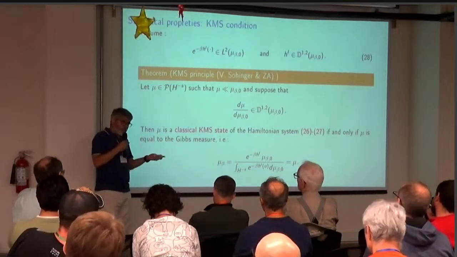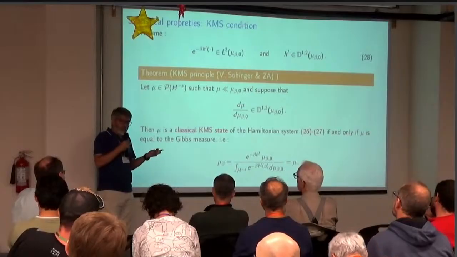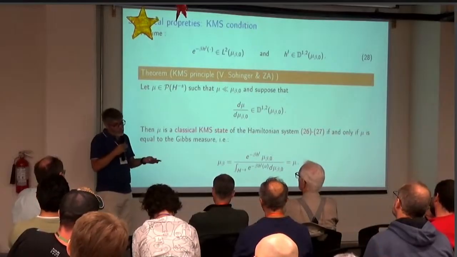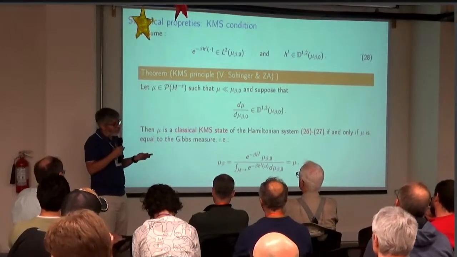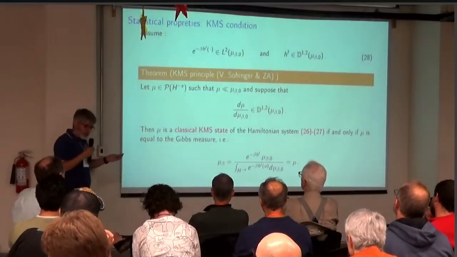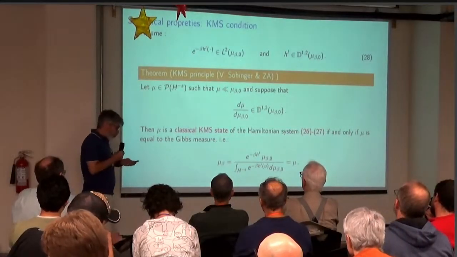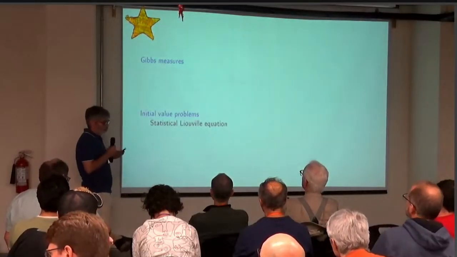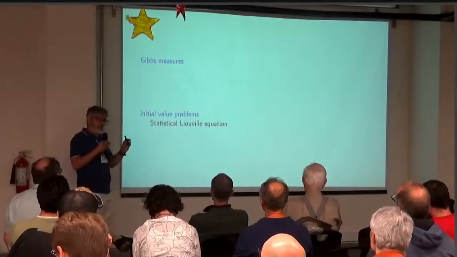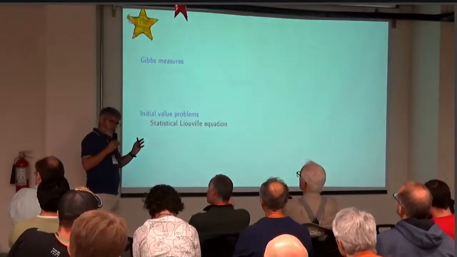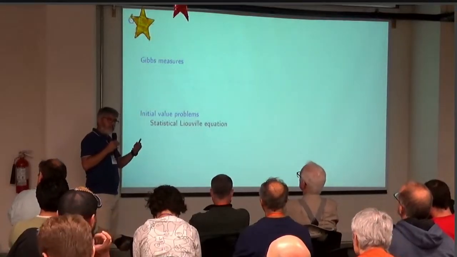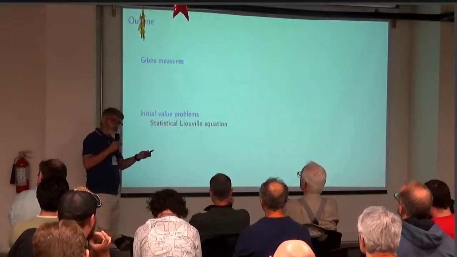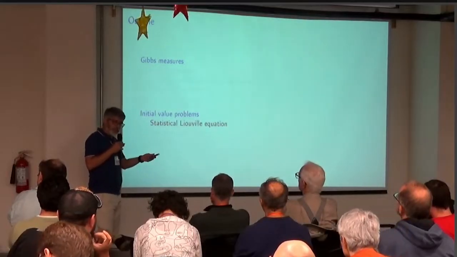They are invariant by the Hamiltonian flows, if we are able to define the Hamiltonians, and they have further statistical properties of equilibrium. Now, another contribution that I would like to explain is that, since it is easy to define the Gibbs measures, and the Gibbs measures are a sort of invariant measures,